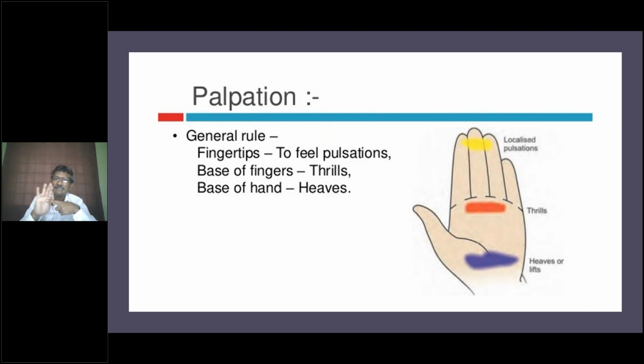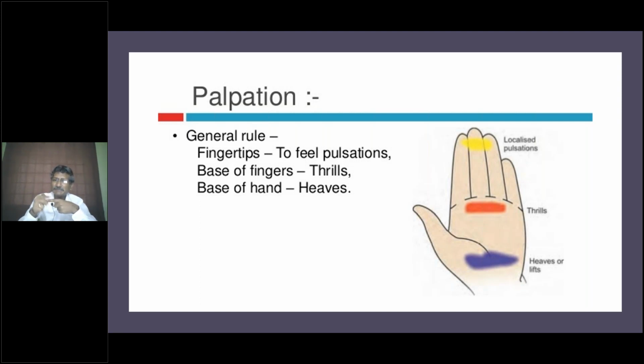The red color is to feel the thrill and palpable sounds. The red color, which corresponds to the head of the metacarpal bone, is the place where you have to feel for sounds and thrill. The fingers are used to feel the pulsation, like apical impulse.